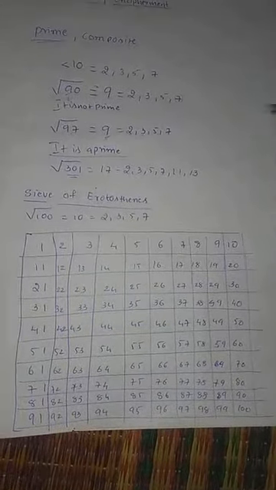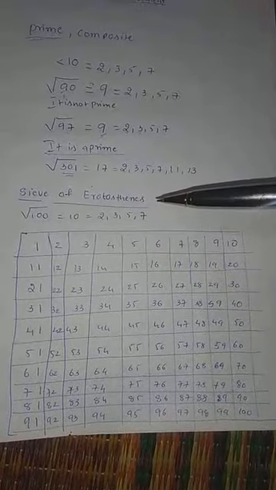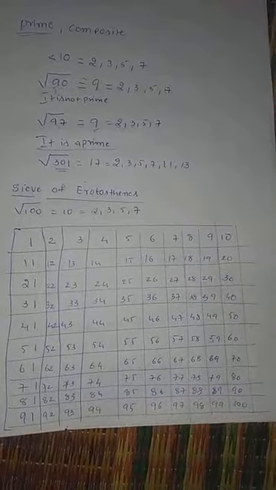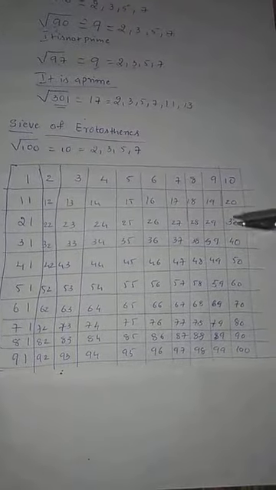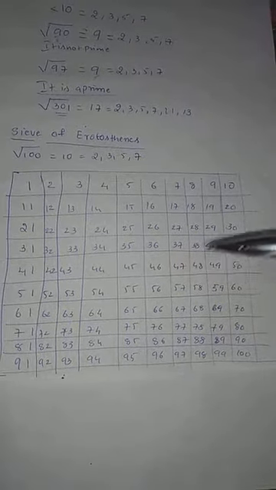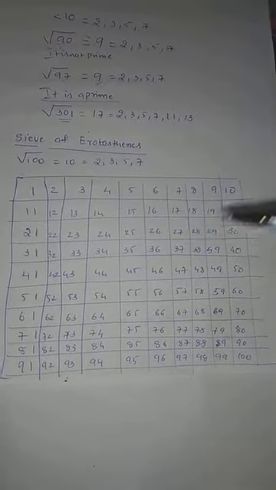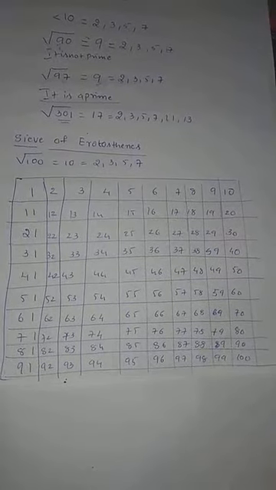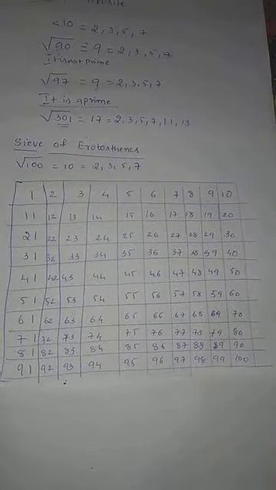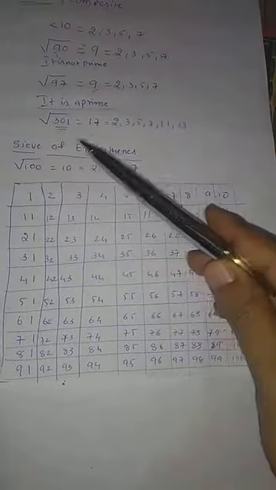So the next topic is the sieve of Eratosthenes. Actually there is a problem of finding out the number of elements that are primes. Whatever prime numbers we have to find out, that is the problem. Suppose you want to find the prime values which are less than 100, how will you list them out? For that you need to calculate a lot, and the problem becomes more complex. So a person called Eratosthenes gave a solution. Sieve means it is a solution, the sieve of Eratosthenes.